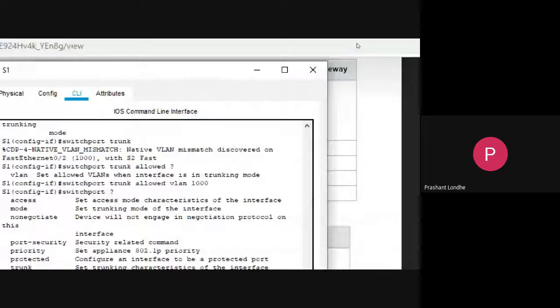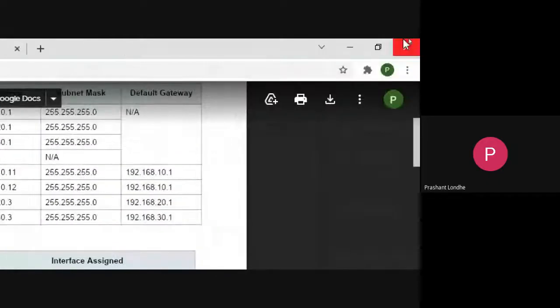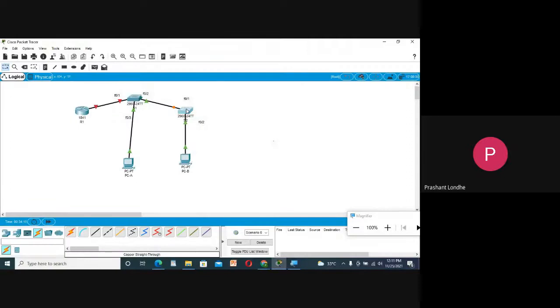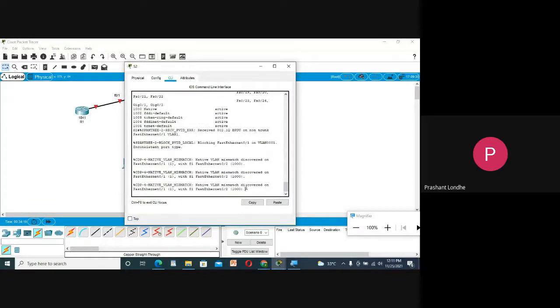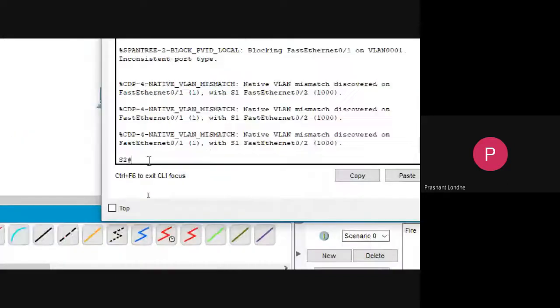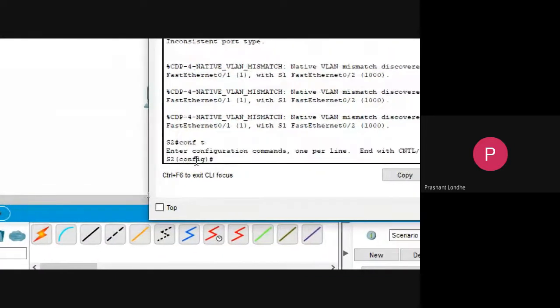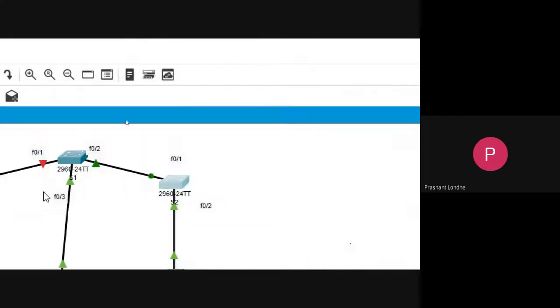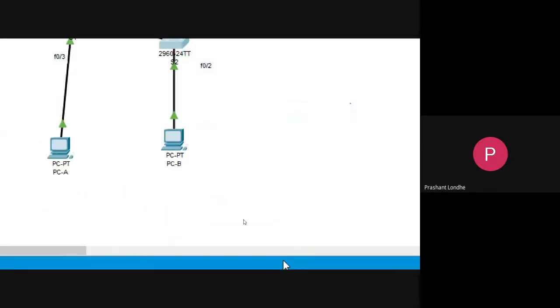Similarly, we are supposed to do the same thing in S2. Config terminal. Now here you can see F0/1 is connected over here.